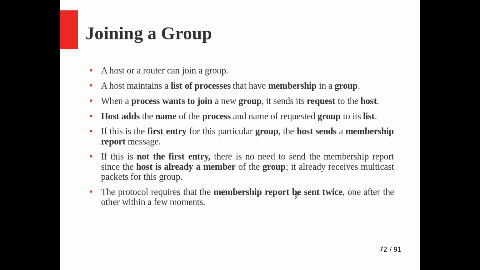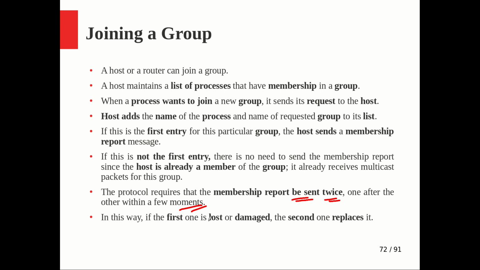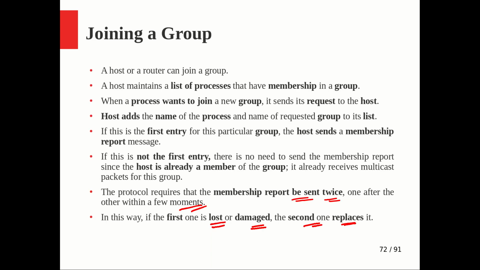So the membership report will be sent twice, one after another, within a few moments in between. So if the first one is lost for any reason or damaged, the second one replaces it. So we believe that with these two trials it will reach the router and it will update. And you don't have to worry at this point, even if the second one is also lost, because in between